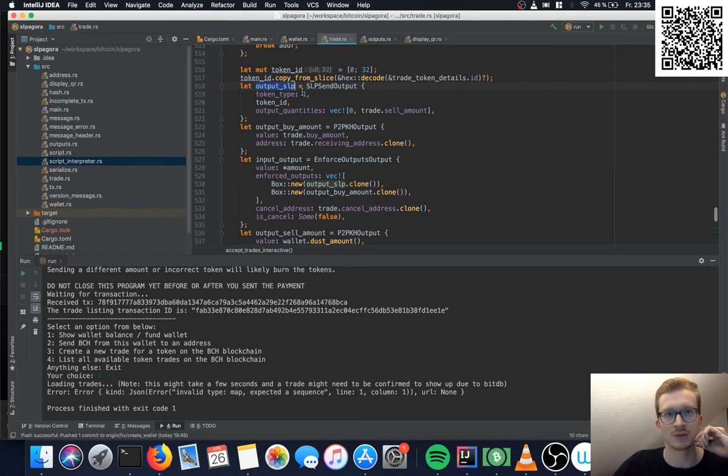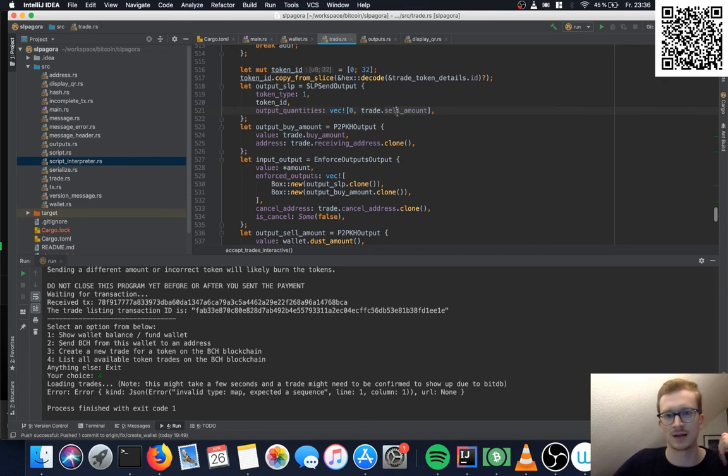The first output is the SLP send output, which is the entire send instructions. It says the first output quantity is 0, because this is where we want our money to go, and we don't want any tokens back.